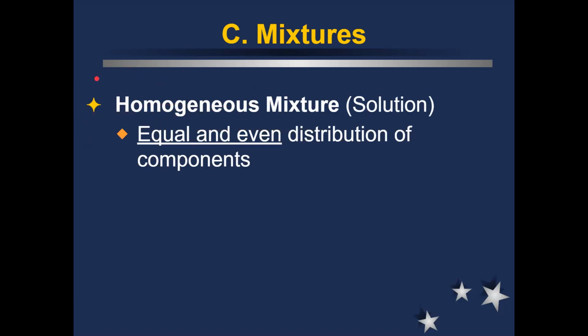Homozygous gene, so the genes in your DNA can be homozygous or heterozygous. Homozygous is when they have the same copies of the gene on each set of DNA that you have. And then homosexual relationships are the scientific term for gay people, meaning that they're interested in the same sex, right? The same gender as them. And so homo means the same. So homogeneous mixtures are where everything is the same. Everything is equal and even.